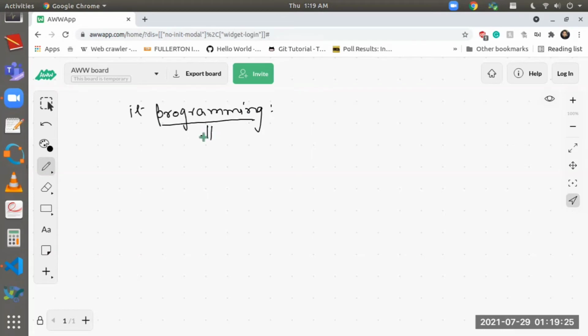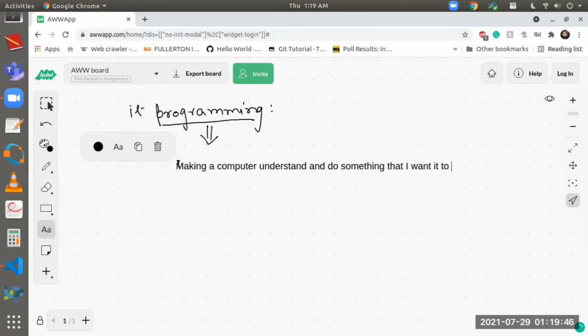So programming actually means making a computer understand and do something that I want it to do. This is what I mean by programming. I'm making a computer understand what I want it to do.